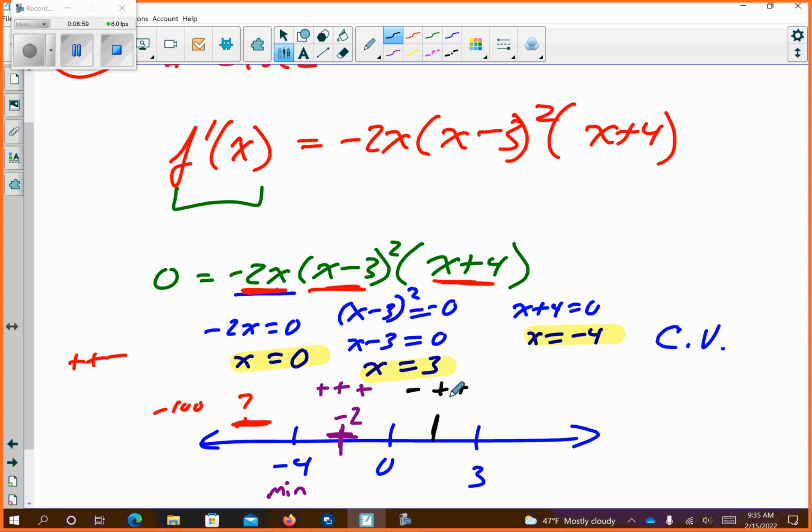If I do a negative times a positive times a positive, I get a negative. Okay, so I have negative, positive, negative as far as slopes. So this went from positive, so a slope like this, to a negative, a slope like this. So at 0, we are at a